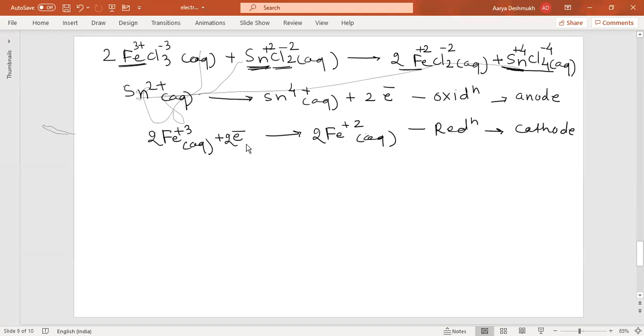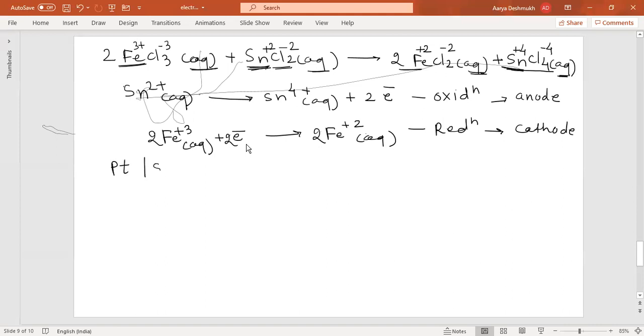Okay. Now formulate the cell. Now look at this. The medium here is aqueous. Here it is also aqueous. This is also aqueous, and there is also aqueous medium here. So there is no metal strip immersed here. Both are solutions. So we need to add an electrode here. So start writing with the inert electrode like platinum.